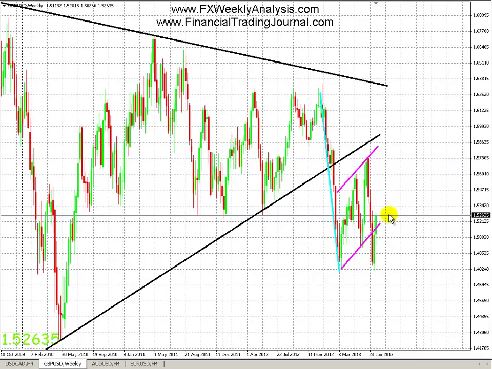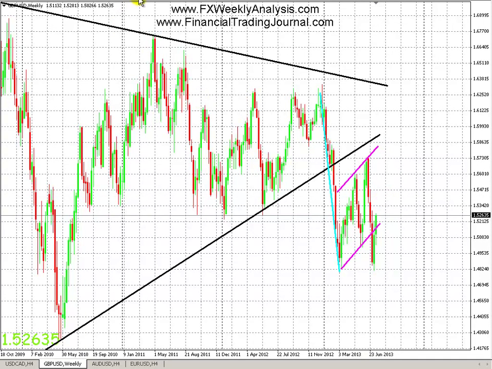As I mentioned in the forecast 2 weeks ago, we made a lower low here. So a lower low means that trend is changing. So we were expecting a lower high as well. So going forwards, I'm expecting a lower high. As long as it's below the 1.57 level, then that's a good lower high. It would be even better if it was lower than the 1.56 as well. So possibly somewhere here, a lower low would be great. And this, I believe, is around the 61.8 fib level as well.